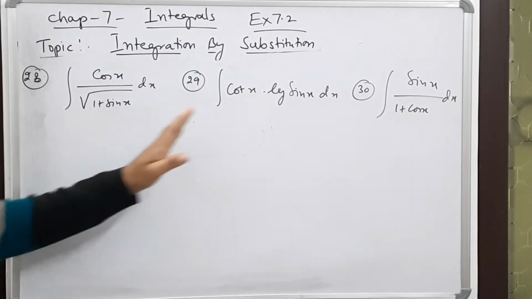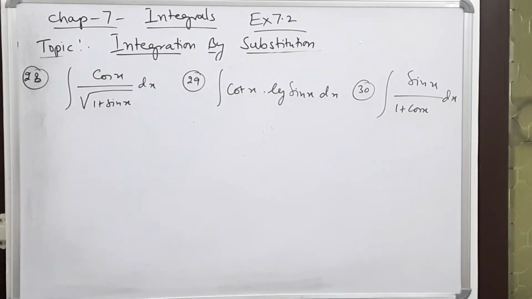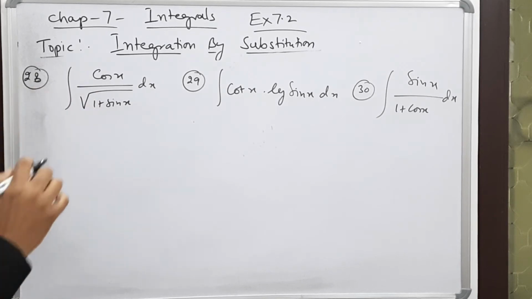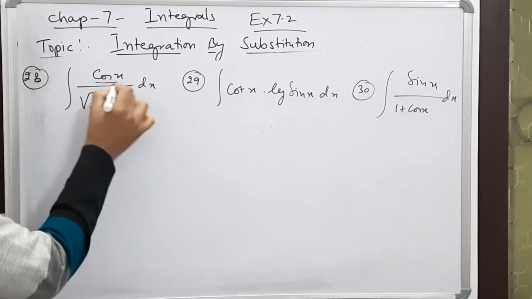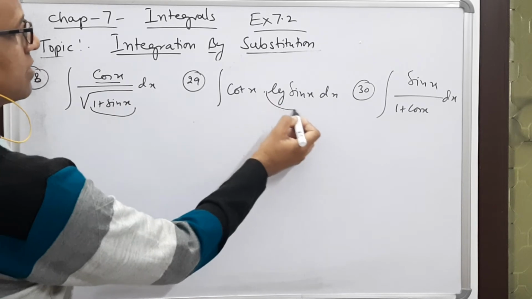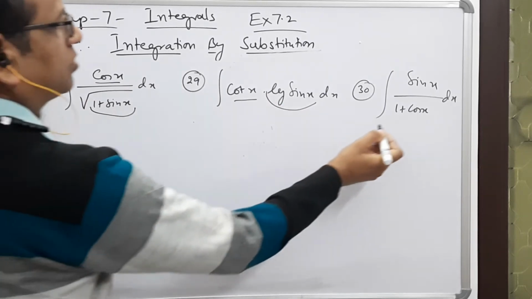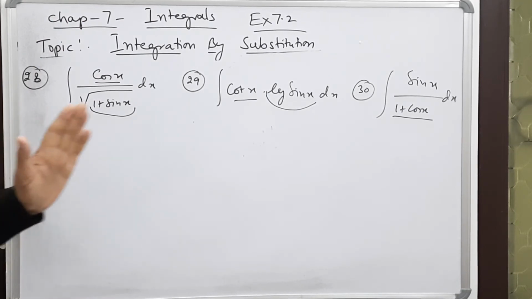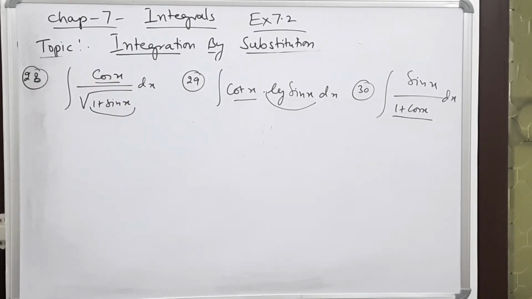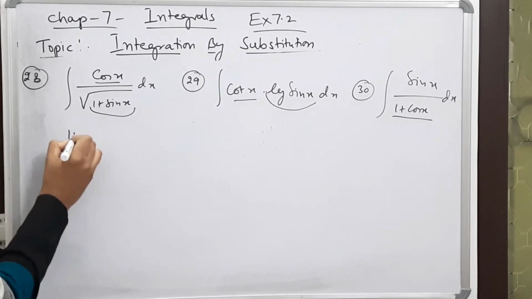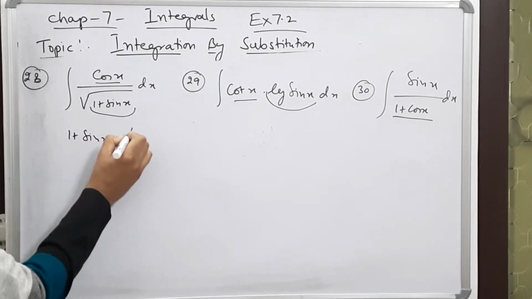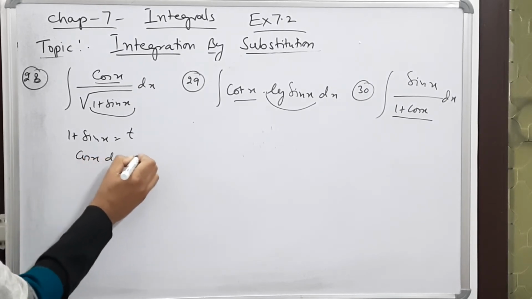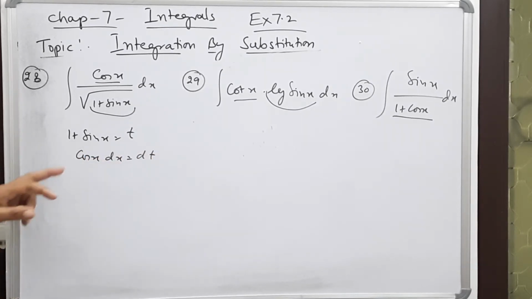Yes, dear student, you see these three sums and you study these sums nicely. You will find a function and its derivative. Like this is a function here and this will be the derivative here. This log sin x is a function and this is the derivative. This 1 plus cos x is a function and it is a derivative. So in all these three sums, I hope it is clear to you what is to be taken as t. It is 1 plus sin x, we will take t. Then the derivative cos x dx will be dt. See, it is ready already.